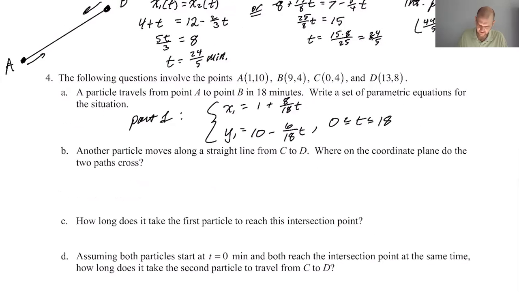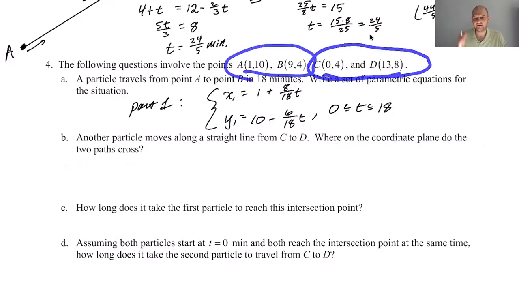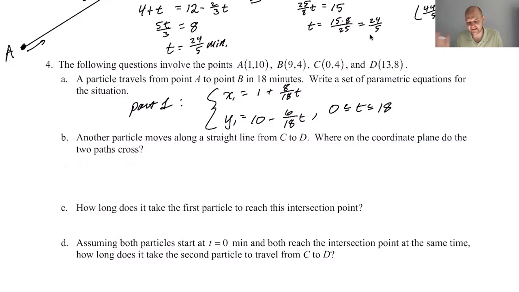All right, not bad. Next, another particle moves along a straight line from C to D. Where on the coordinate plane do the two paths cross? All right, so I have some choices at this point. I could just do algebra, right? Just write the equation of this line, write the equation of this line, solve the system of equations. That's a definite option. Another option is to just fake another set of parametric equations, which is what I'm